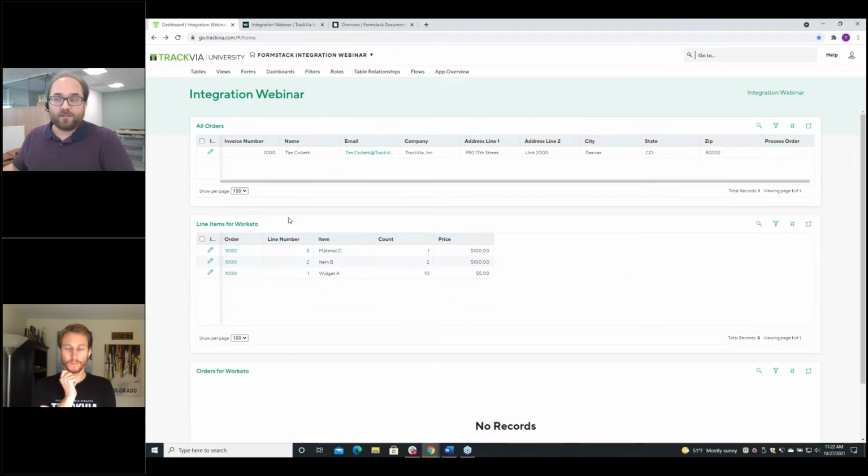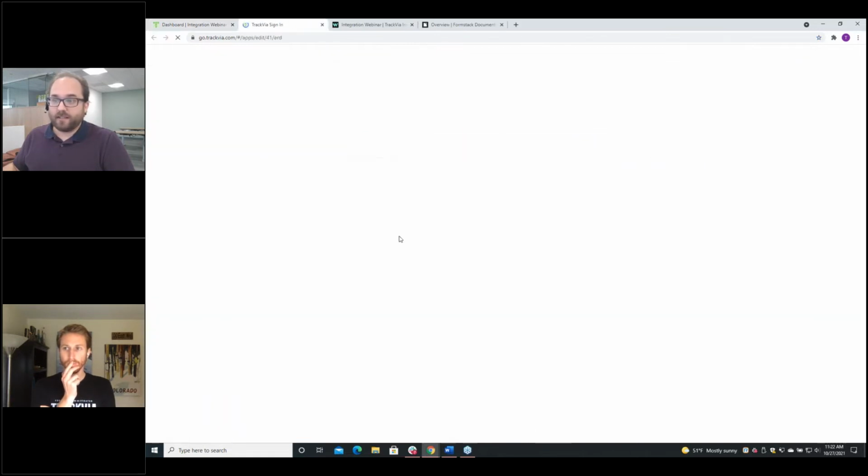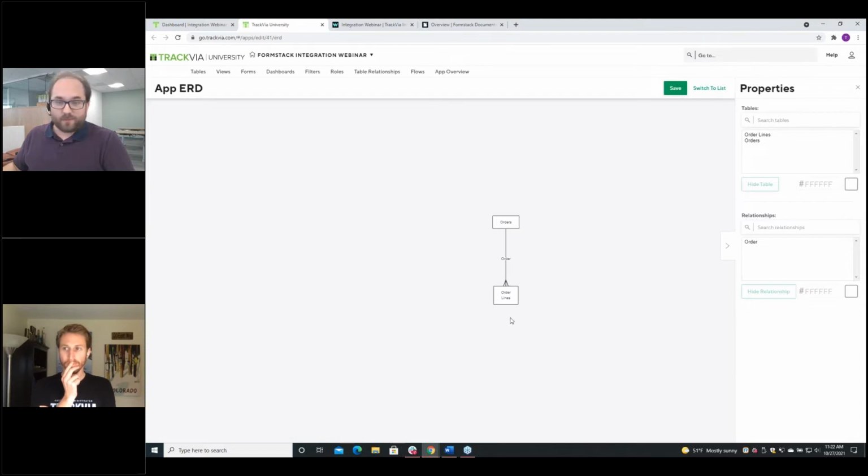Then for our next step, we need to go into that second view, that child view, which if we look at our ERD, we have orders and line items just as two different tables, parent-child. So we need to look in our parent table, get the item that's triggering it, and then in the immediate next step, we need Workato to go look at that order lines table and find all the order lines that belong to the one that triggered the recipe.